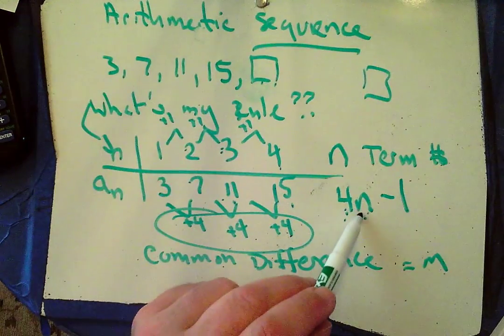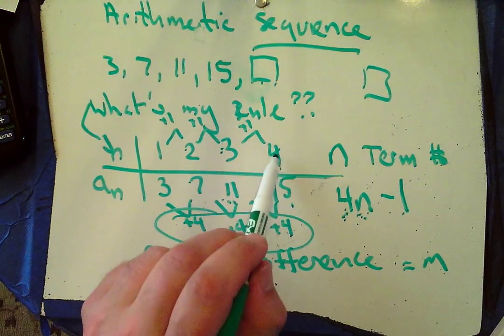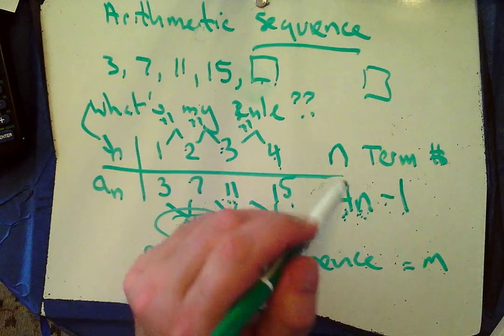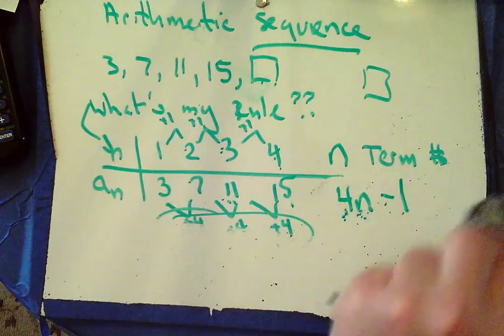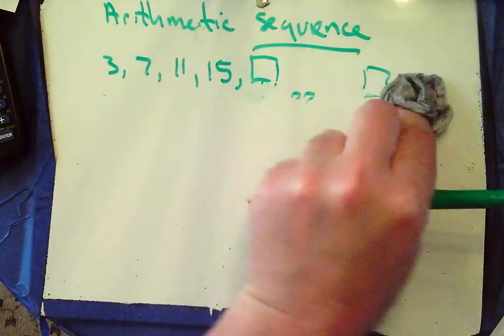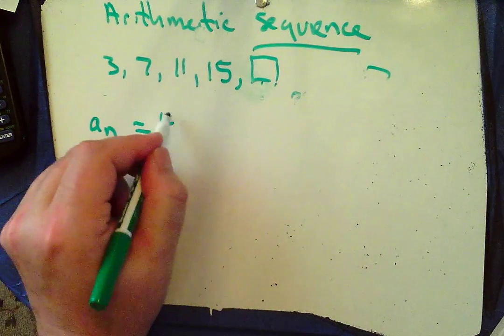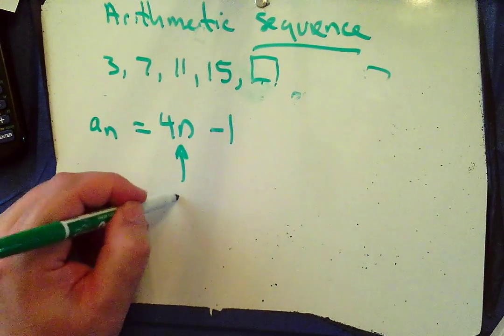If we plug in a 3, 3 times 4 is 12, 12 minus 1 is 11. Or 4 times 4 is 16, minus 1 is 15. And so now I can say that the rule here, what's my rule, is a sub n equals 4n minus 1. Now, again, this is the term number,